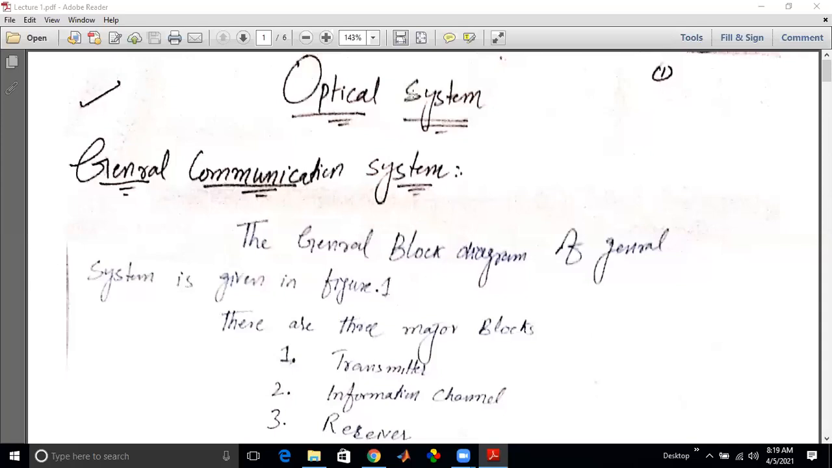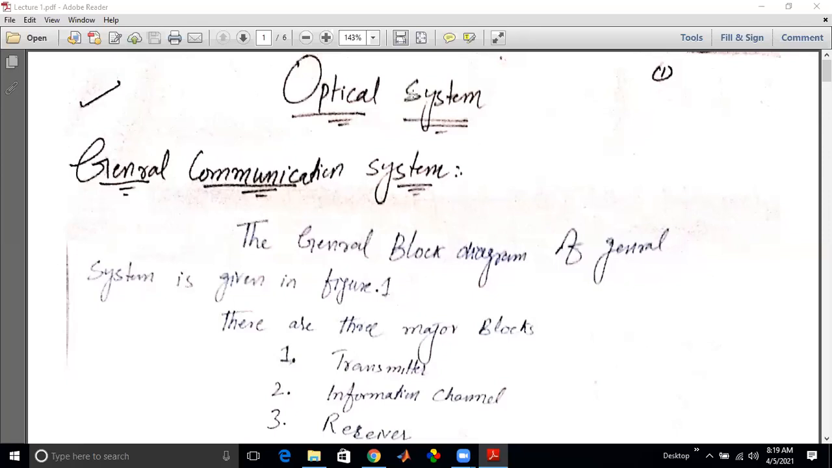In today's lecture, we will study the optical communication system. So, introduction to optical communication system means that we will first study the general communication system, and then it will be slightly modified toward the optical communication system. And by communication system, we mean that when you share information from one place to another, from one computer